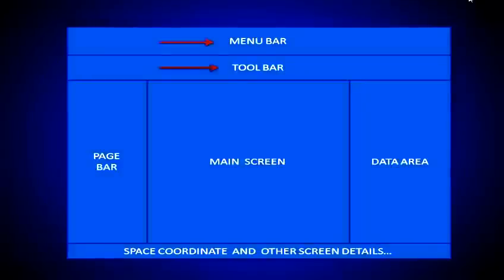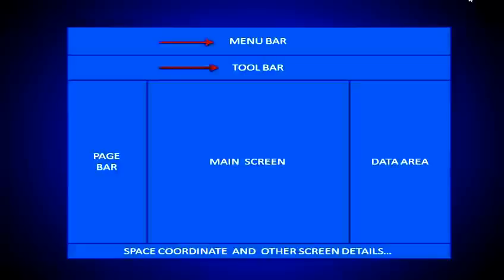Now this slide is showing an indexing view of our StratPro screen. At the top of the screen there is a menu bar containing drop down panel menus from where we can access our tools easily. Next to that is a toolbar containing different tools for designing our structure and for viewing our structure from different views. Then the box on the left corner is known as the page bar, which allows you to design and model a structure in a hierarchical way, which we discussed before.